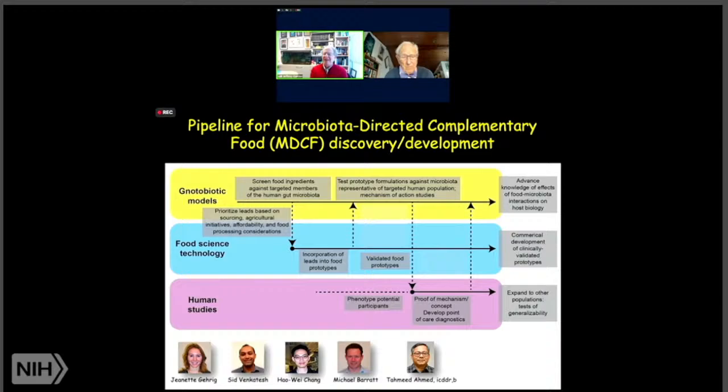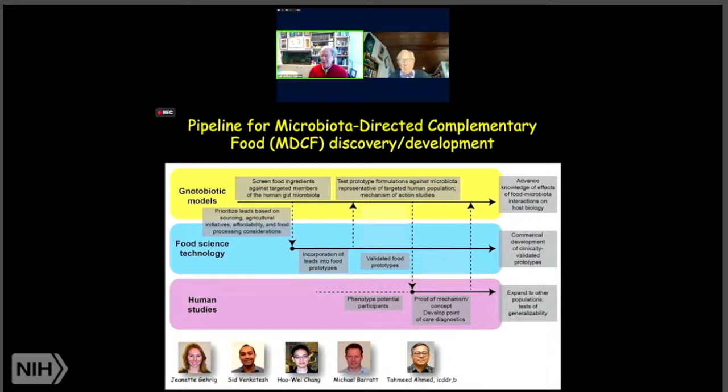And a decision was made that I think embodies some of the challenges in the field. Do you directly go from mice that, even though they portray the microbes and diets of the target population, don't have physiologic and metabolic properties that are as close to humans as certain other animals, and you choose a second animal species? And that's something we did. We developed methods for rederiving pigs at birth as germ-free and maintaining them in a germ-free state, and introduced these consortia of organisms from the children of Mirpur and looked at the effects of our most leading MDCF candidates.